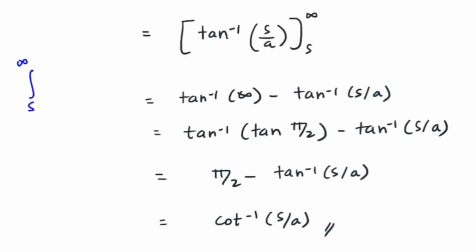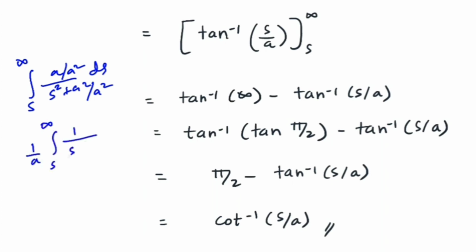So for that you should know the integration formula. Integral from s to infinity of a upon s square plus a square ds, right? So the variable is s. What you can do is divide numerator and denominator by a square. If you do that, you will get 1 upon a, integral from s to infinity of 1 upon (s by a) the whole square plus 1, ds, right? And this is nothing but tan inverse of s over a. So you should know the formula of integrals, then only you can solve the question.